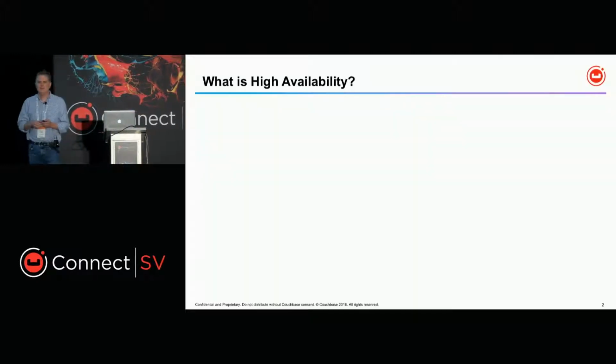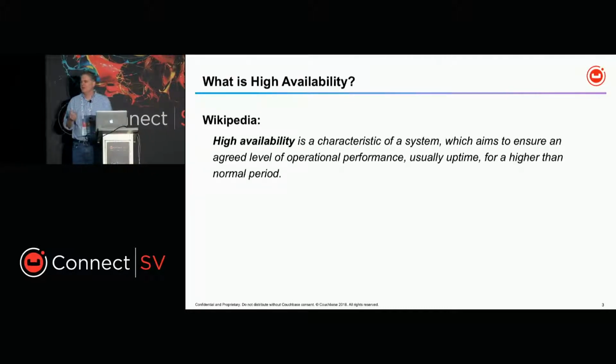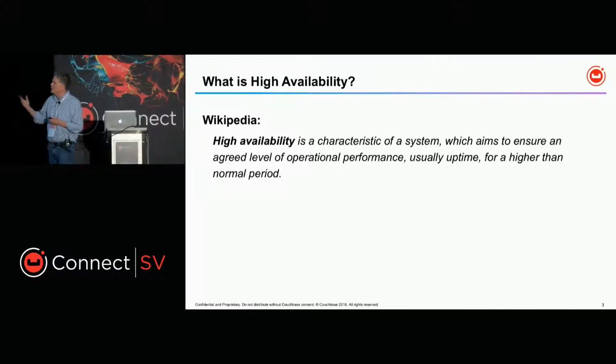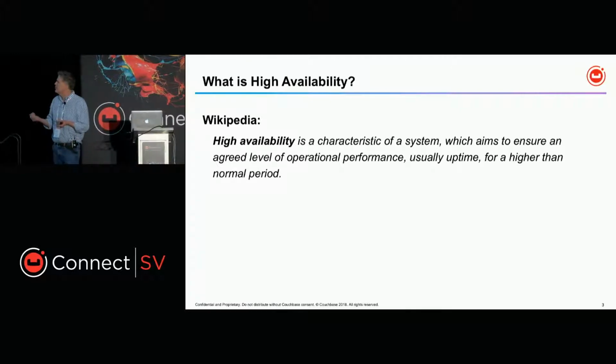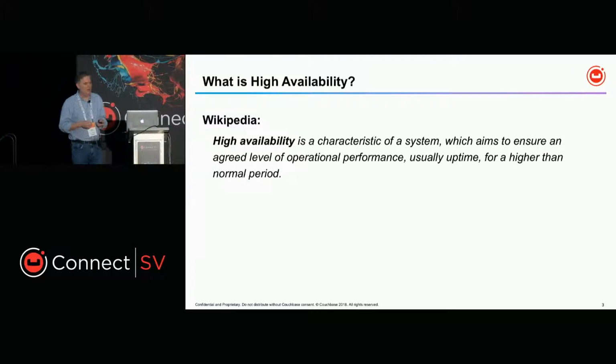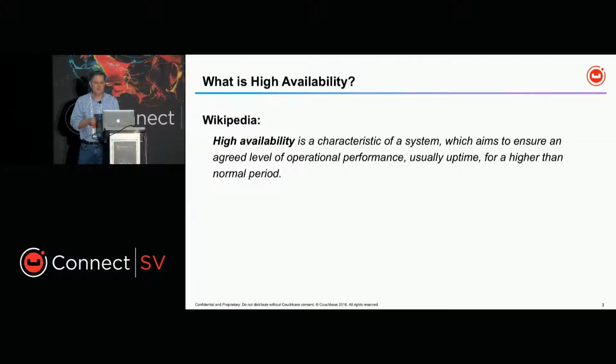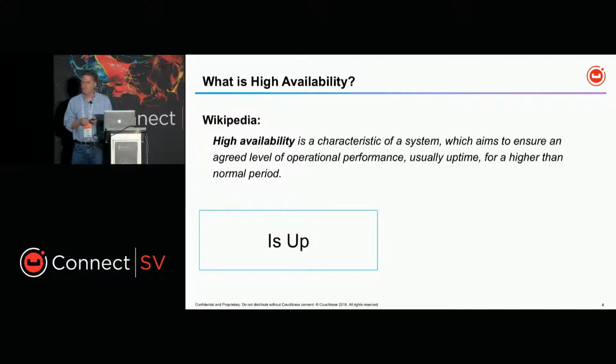What is high availability? I do what people usually do on the internet. I went to Wikipedia to find out what it was. Your high school history teacher may not be that impressed if you cite this as a source, but we have no such scruples. So anyway, high availability is a characteristic of a system which aims to ensure an agreed level of operational performance, usually uptime, for a higher than normal period. It's a little highfalutin, but it's a reasonable working definition. I think we can summarize it as saying systems that are highly available are up for